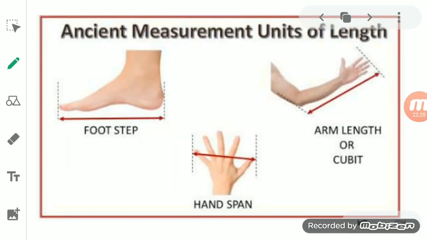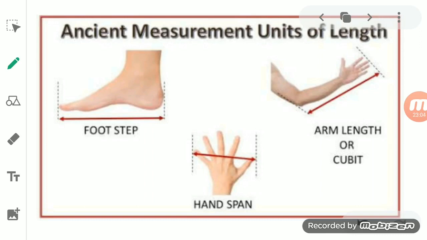So we can say that measurement involves the comparison of an unknown physical quantity with a standard measure of the quantity, and that we call a unit. So it is basically a comparison between the physical quantity and the standard measure, and we use a term for it, that is unit. So this is the concept of measurement, and why we need it.